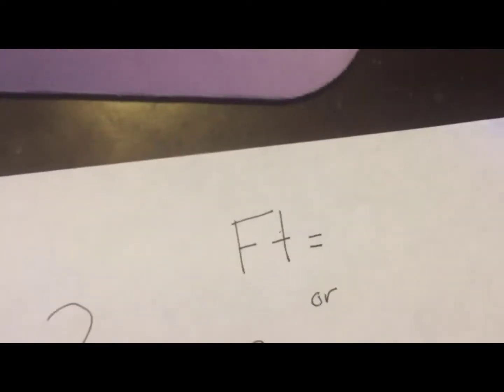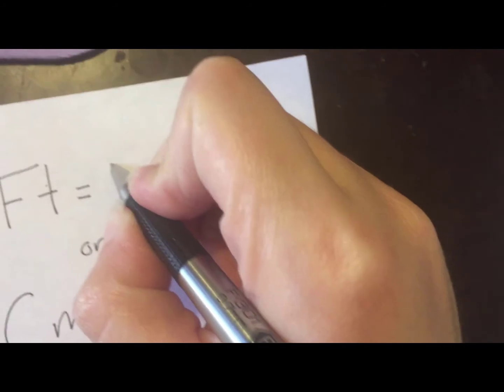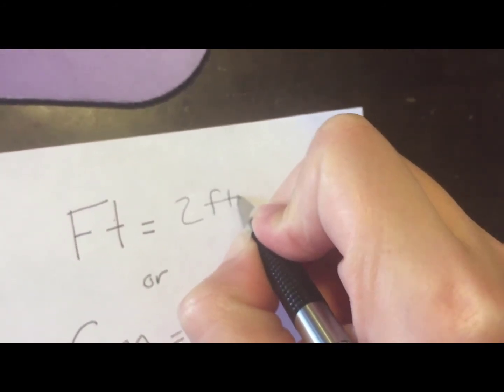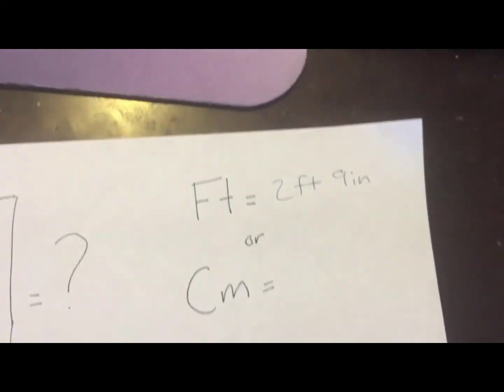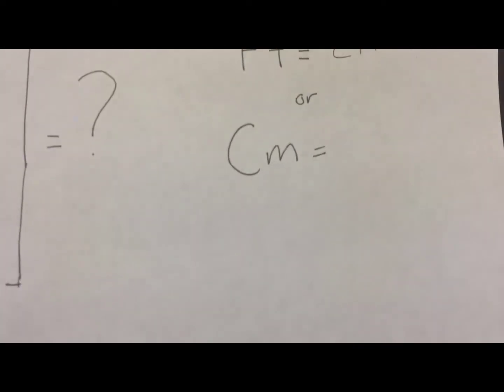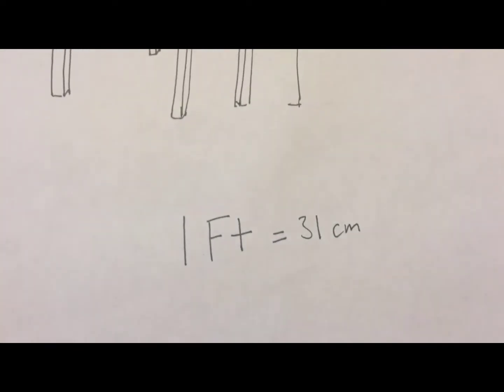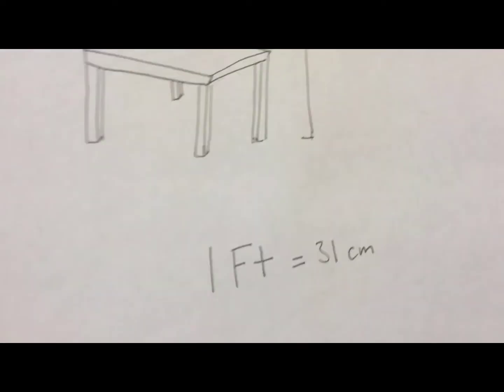So, this chair is 2 feet 9 inches tall. But how tall is that in centimeters? Well, 1 foot equals 31 centimeters. So,